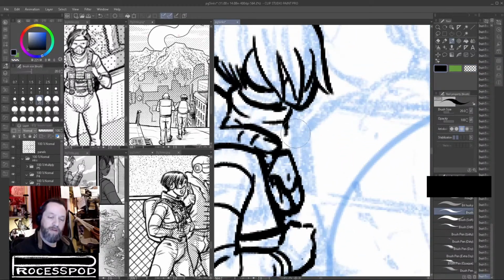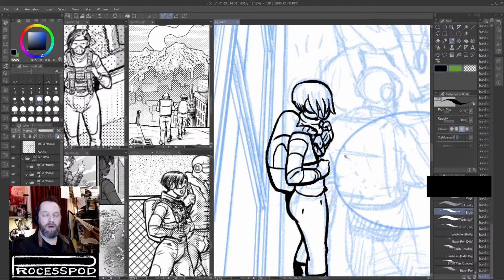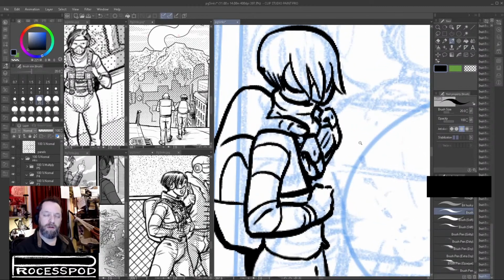I used to do a lot of going in and kind of shaping the line like this when I worked in ink. More at the start, because when you're working in ink, you're motivated over time to get more efficient about that and do less of it. But so you like work to